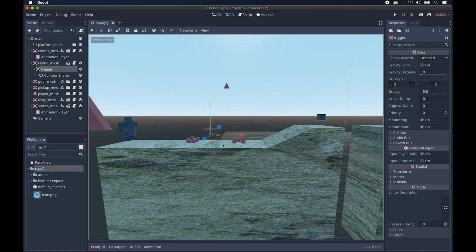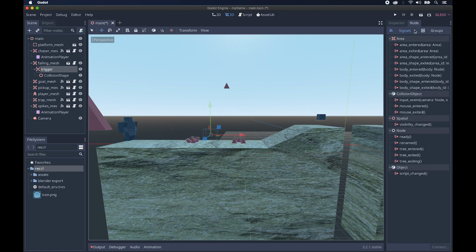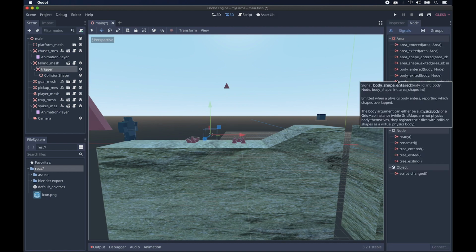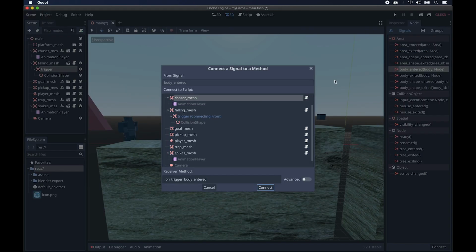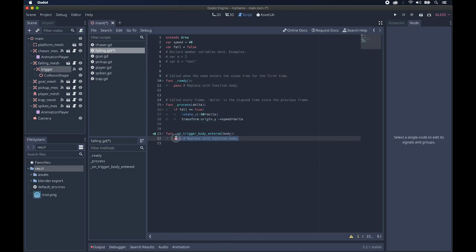In this instance, our mesh is not the trigger, it's this, and so we need to use the node attached to this area. So having selected the trigger, I come over to node, and this is where I'm going to use my body entered. However, I'm going to attach it to the falling mesh here and click connect. This just helps keep the code nice and tidy. And as before, I'm going to paste in my kinematic body thing, but here I will write something other than print. I'm going to write fall